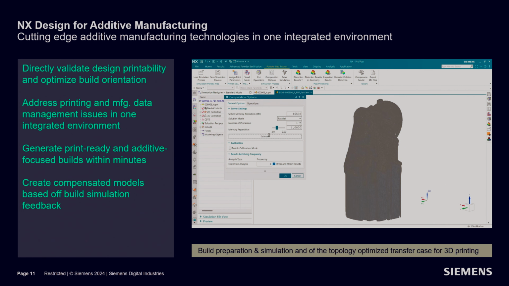Here in the design phase, this is where we use all of these different additive tools like we covered in topology optimization and our convergent mixed modeling, as well as our setup and simulation tools to arrive at that first time right print so that you as the customer can have confidence in that additive design. At this point, we've arrived at a design that satisfies our design constraints. We have confidence in the way it's going to be printed out on a machine. This is where we move over into the planning and setup side of things over here in our part manufacturing end-to-end solution.